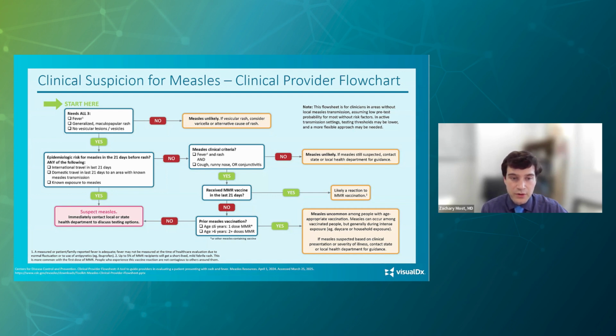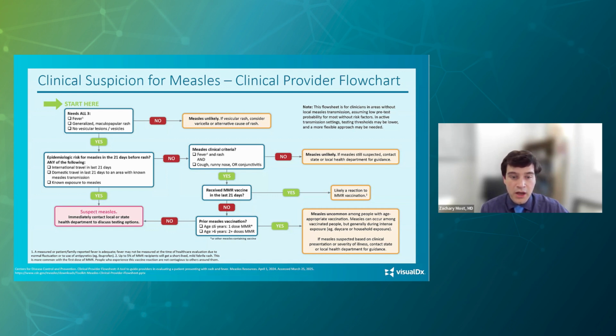But if they haven't been exposed, you might still suspect measles if the symptoms are really consistent and they're in the right setting for exposure. So for somebody, at this point, you know that they've got the fever and the rash, but next you want to check to see if they had the really classic symptom complex of this prodrome of measles before they had their fever and their rash. And in this case, even just one of these three, cough, runny nose, or conjunctivitis, can meet that.